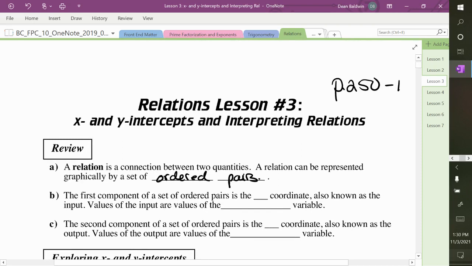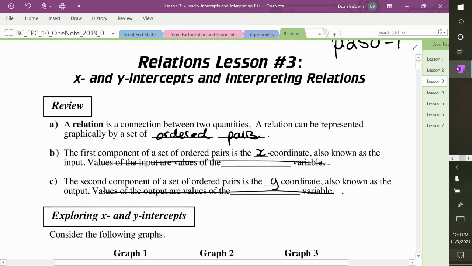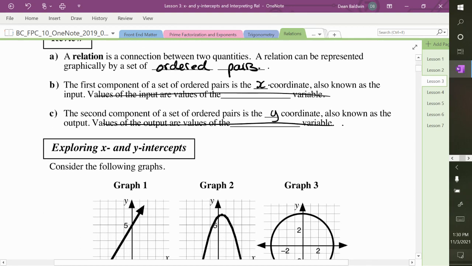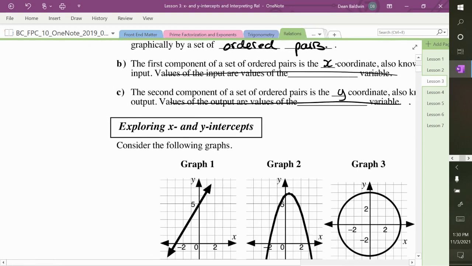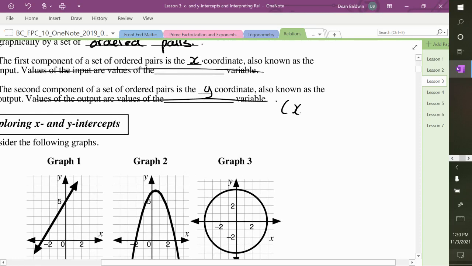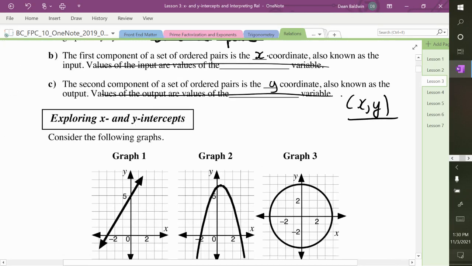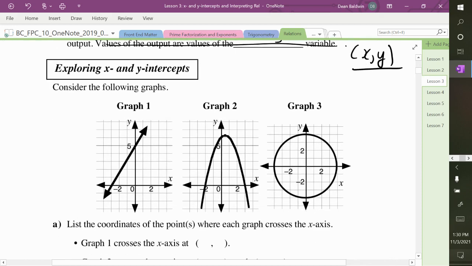So we represent it by a set of ordered pairs, which are the xy's. The first component is the x, I just told you. And the second is the y. Basically all those two sentences are saying is that you write it like that, x and y. Okay? So with these three graphs,